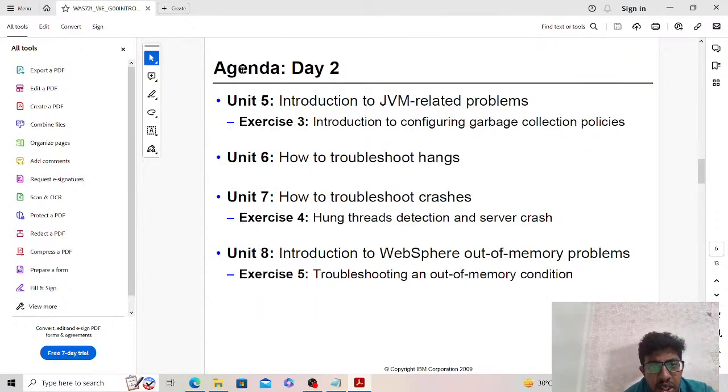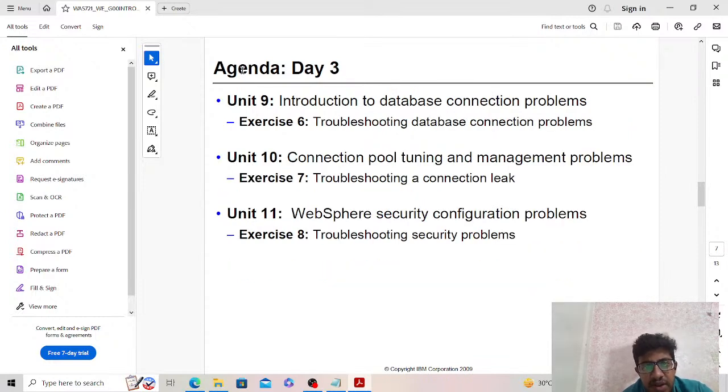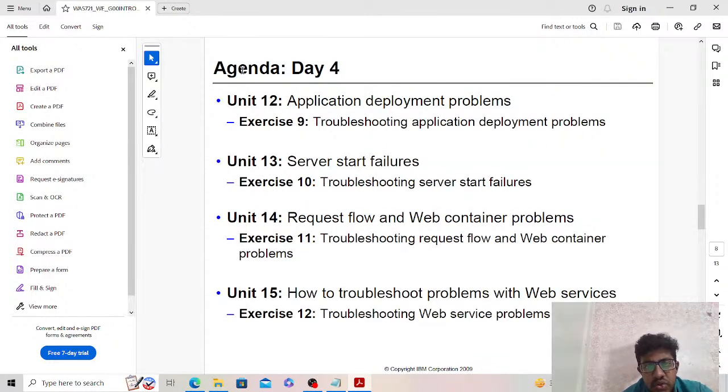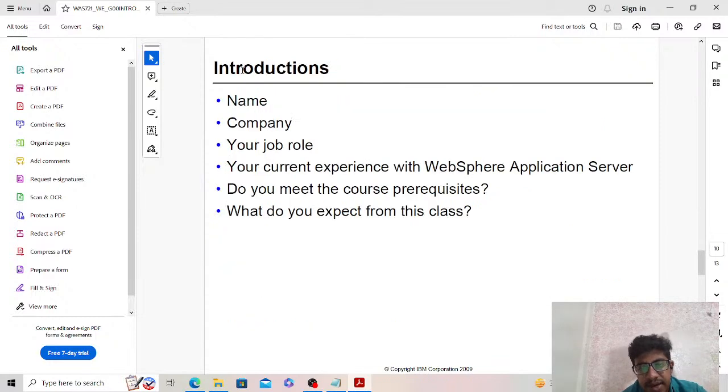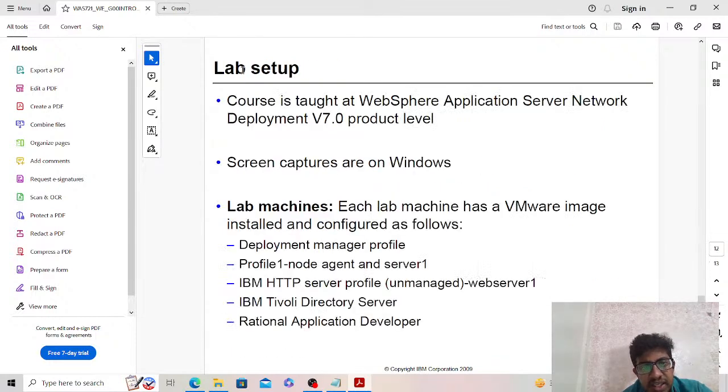How to troubleshoot the hung threads, and what are the JVM related problems and the out of memory issues. We will check one by one. Okay, database connection problems, stale connections. Okay, what are the memory management techniques we will see. Okay, server start failures. Okay, troubleshooting WebSphere installation problems, and maintenance and workload management. Okay, like that we will see